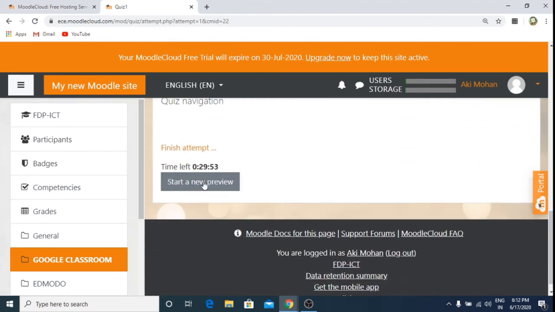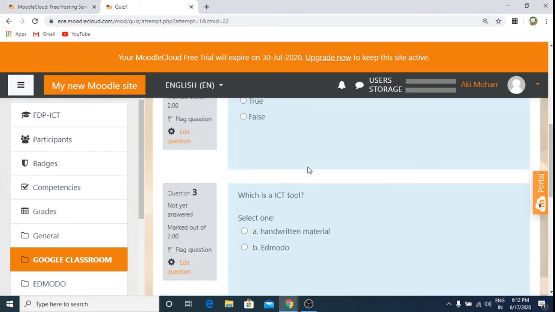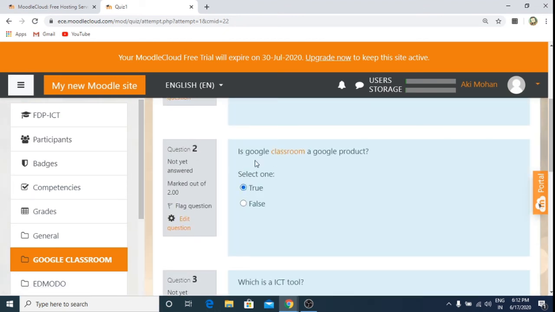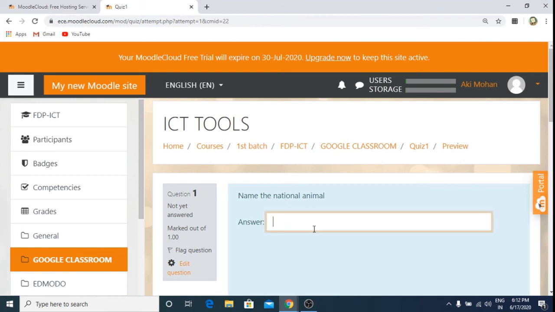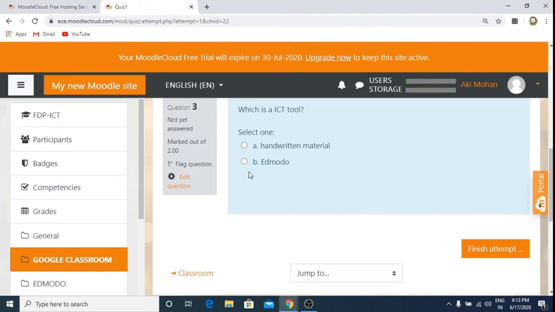The time left is shown here. I'll just click on it. I click on finish attempt.